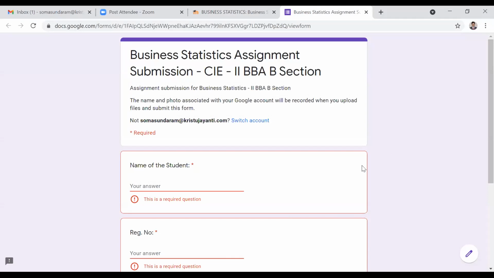Assignment last date, I extended till May 7. May 7 is the last date for submitting the assignment. After May 7th, if you are submitting, LMS will not accept. Is it clear now? Any doubts in the assignment submission and any doubts in the regression equation? Everyone should upload your assignment on time before 7th. After 7th, if you are opening LMS, you will not get the access. Understand? You will not get the access. Try to submit on or before May 7th.